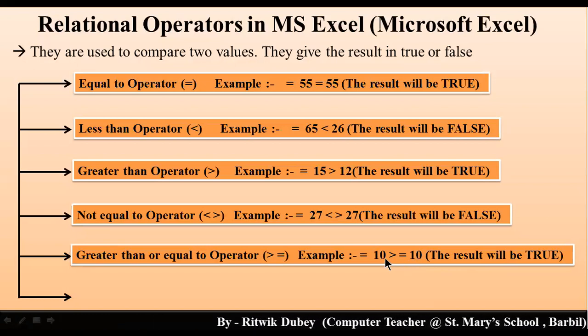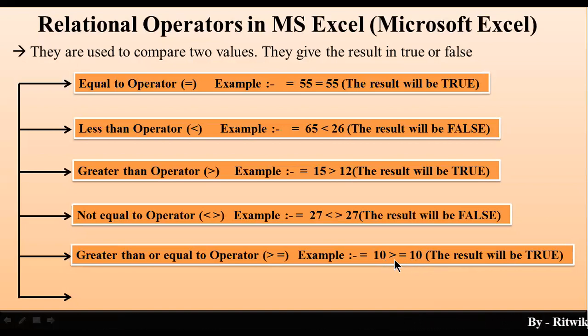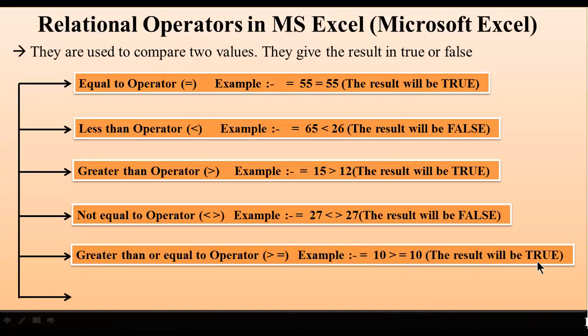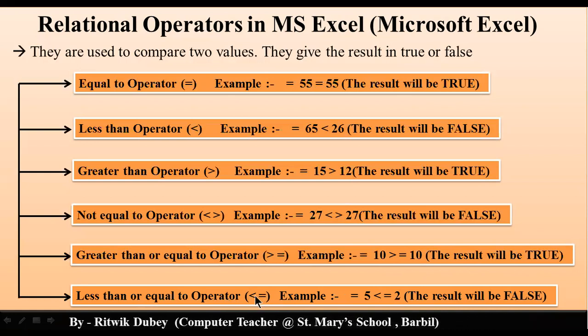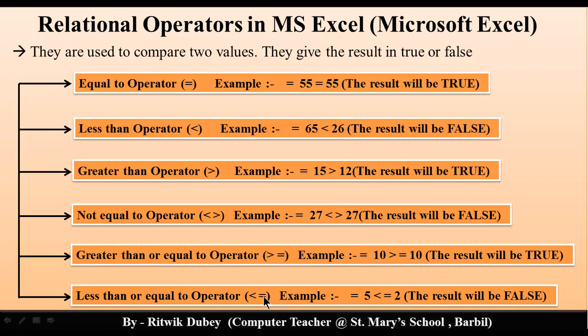यस। तो ये पहला वाला क्या आया था? फॉल्स आया। 10 इज ग्रेटर देन 10, क्या 10 से बड़ा है? गलत। 10 क्या 10 के बराबर है? सही। अगर ये दोनों में से एक भी सही होता है तो फाइनल रिजल्ट विल बी ट्रू। Now less than or equal to, here also there are two conditions. It will check first whether the first value is less than the second value. If we get false, then it will go to the second condition and check whether it is equal or not.